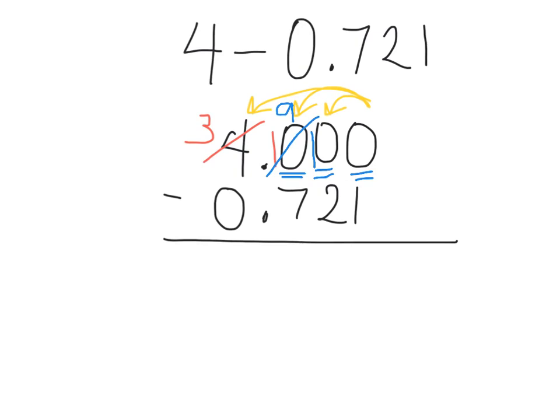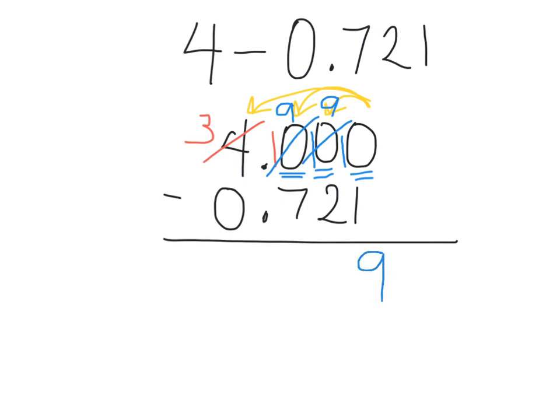And now that I have 10 hundredths in my hundredths category, it means I can borrow from there in order to increase my thousandths. So I'm going to cross out that 10, and it becomes 9 hundredths, and I now have 10 thousandths, because 10 thousandths is equal to that hundredth that I just took away. So I now can take 1 thousandth away from 10 thousandths and be left with